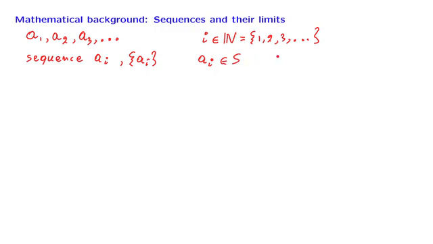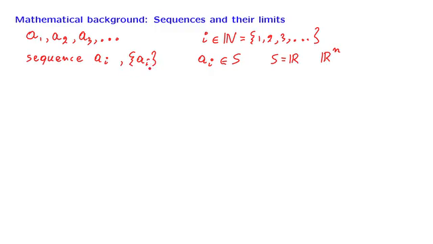In many cases, the set is going to be just the real line, in which case we're dealing with a sequence of real numbers. But it is also possible that the set over which our sequence takes values is Euclidean space, n-dimensional space, in which case we're dealing with a sequence of vectors, but it also could be any other kind of set. Now, the definition that I gave you may still be a little vague.